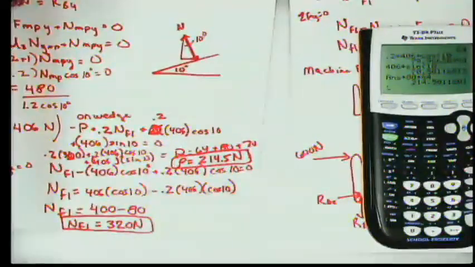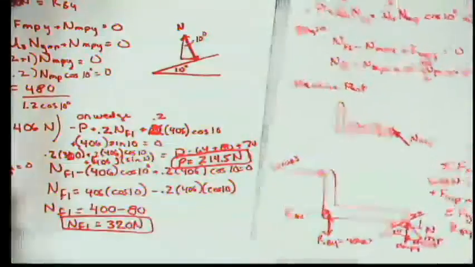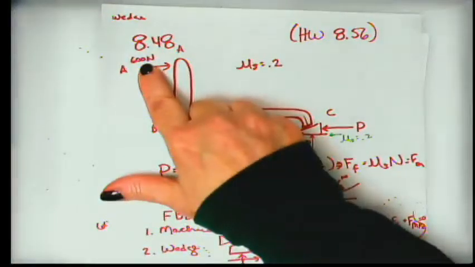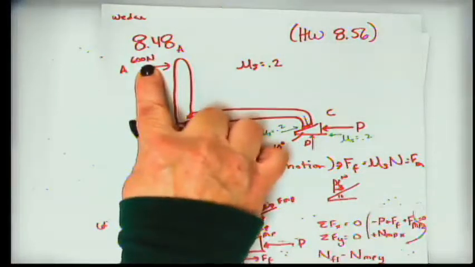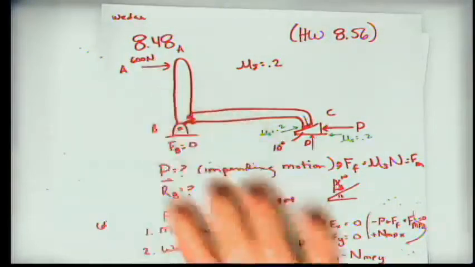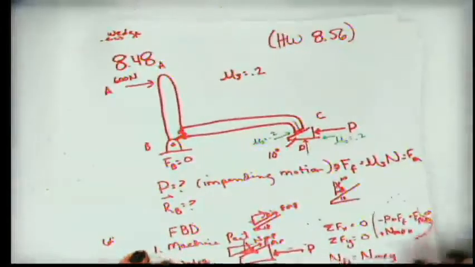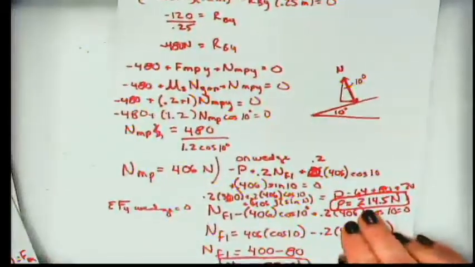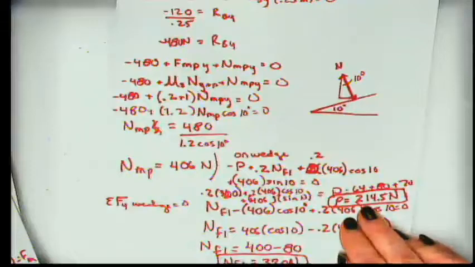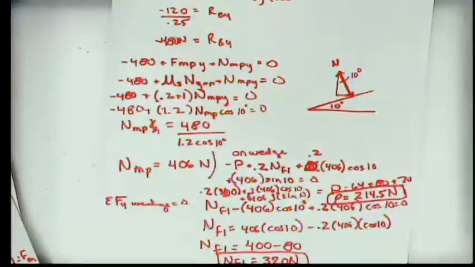What's the maximum mistake? It's a good question. Well, I don't even think it's a mistake, because if you really want to look at the numbers, the force that's exerted here at A is given as being 600 newtons with no decimal places, so that means that our actual answer is going to have one significant figure. So that means that if we were going to be very rigorous, instead of writing P as 214.5 newtons, we would write it as 200 newtons with no decimal points. The thing I would not like to see is if you said that P was equal to